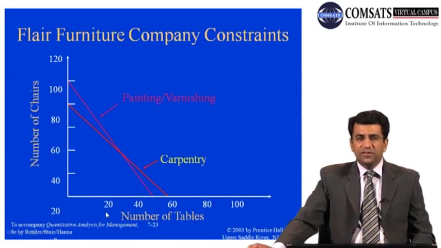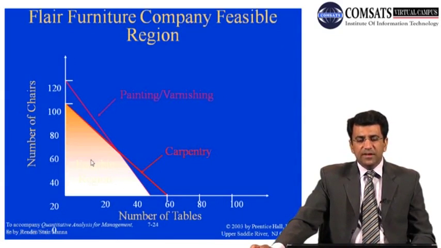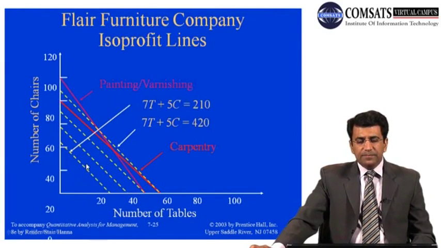Now again, class, you have learned how we solve the equations and how we draw those equations on the graph. Now this particular line is the carpentry constraint, and this particular line is the painting constraint, and this particular point is the point of intersection of both of these lines. Now again, this is the feasible area, that is the area which meets the time requirements in hours of the carpentry department and of the painting department. So this is our feasible area.